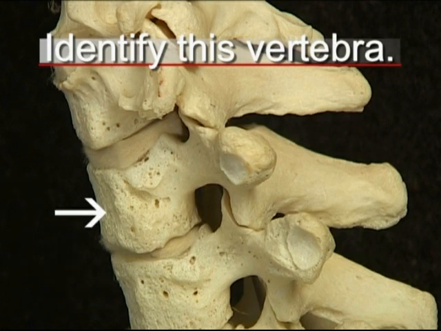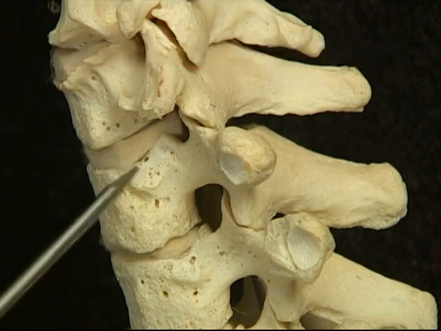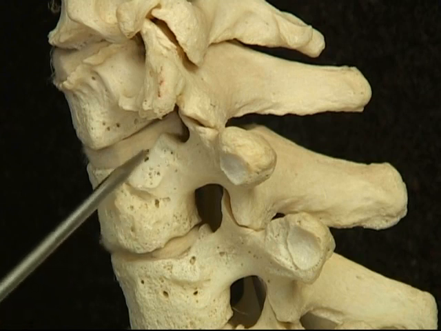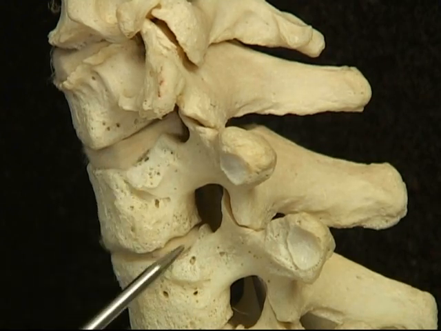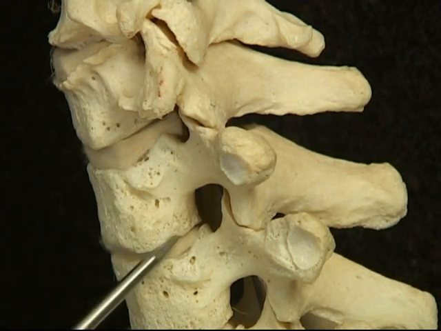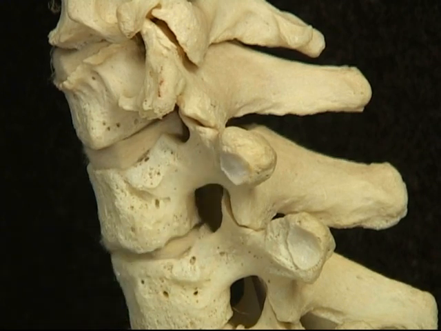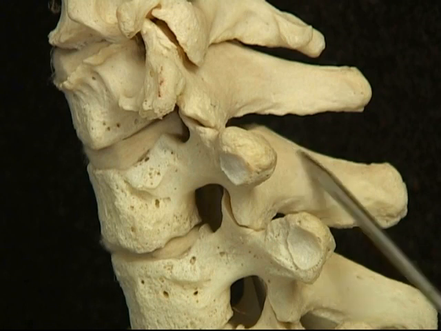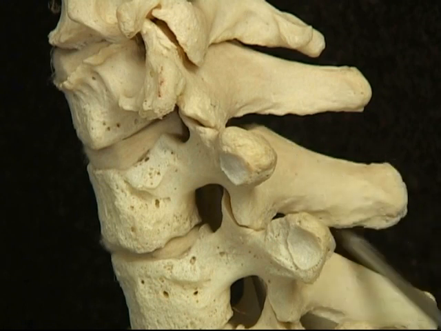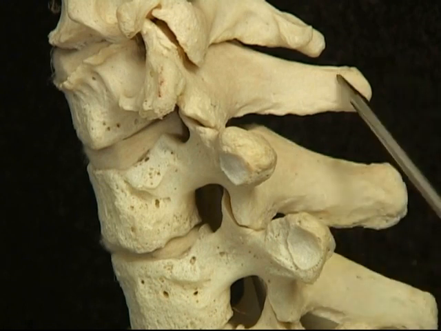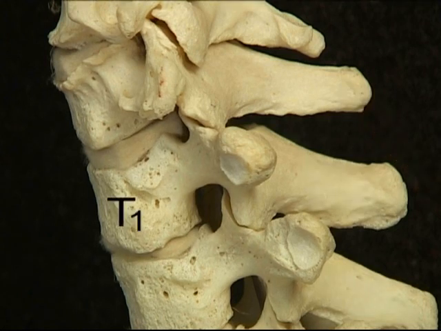Sir, this is first thoracic vertebra because the superior facet for first rib is a circle with a very small semilunar facet at the lower border and a facet on the transverse process. The spinous process is very long, thick and horizontal, just like C7. So this is first thoracic vertebra.